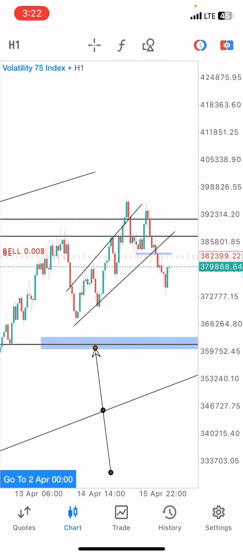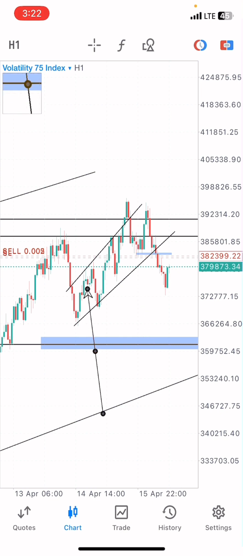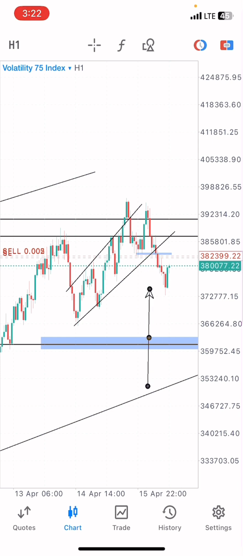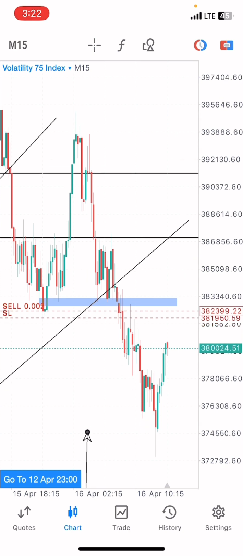So on the 1-hour time frame, you can see that we had this channel that approached this point, the market creating this left shoulder, the head, and the right shoulder. That's one of the confluences that I considered before getting into the sells of this index. So on the break of this particular structure, like I gave on my Telegram channel,